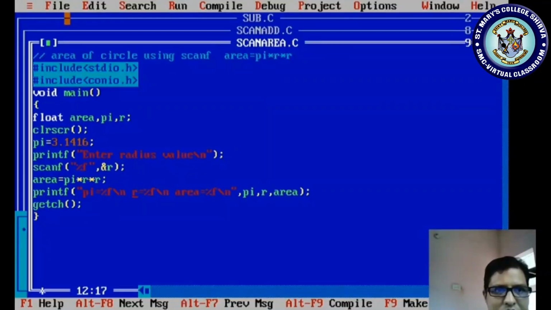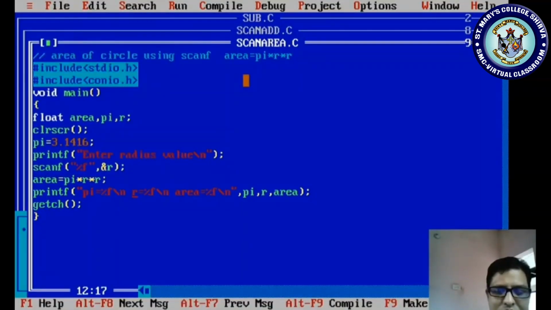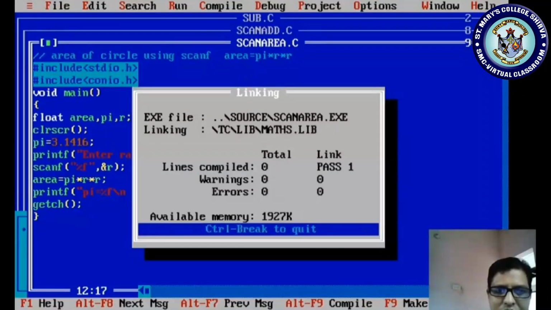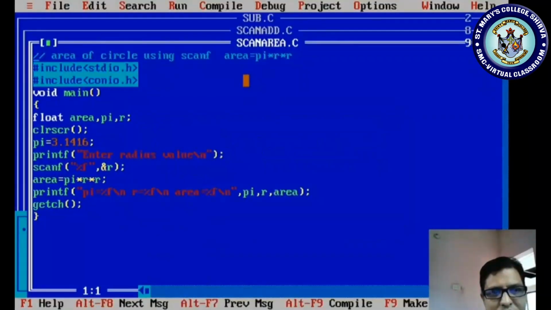Go to the file, save, compile, and run. Now I'm entering 3.2, press enter. Now radius is getting none and area is also inappropriate, not a correct one. So these are the problems that sometimes happen.